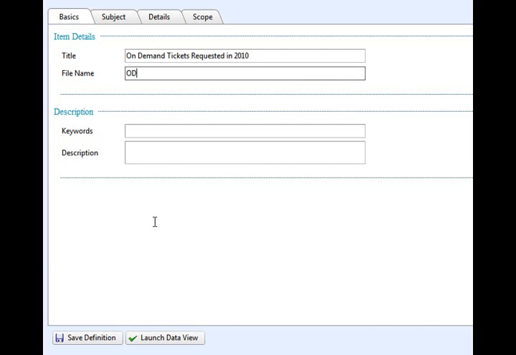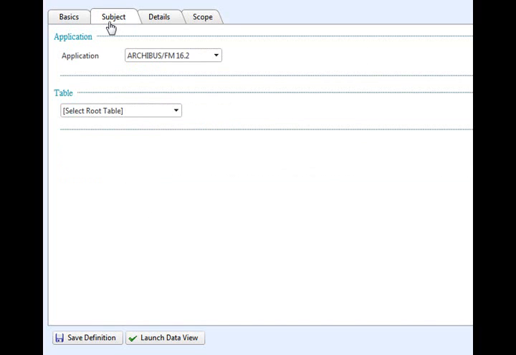In this case, we're going to be filtering it down to look at on-demand tickets. The data set that we're working with does have well over 100,000 tickets in the active and historical tables put together. After we've entered a title and a file name, you'll see that we can also include some keywords. These are going to allow us to locate this report easily in the future. We would be able to go into our search page and list out some keywords, and that would allow us to filter down to find this report, as well as any other reports that are related.